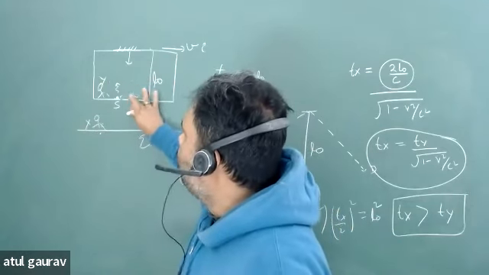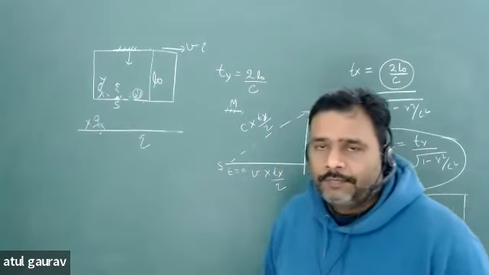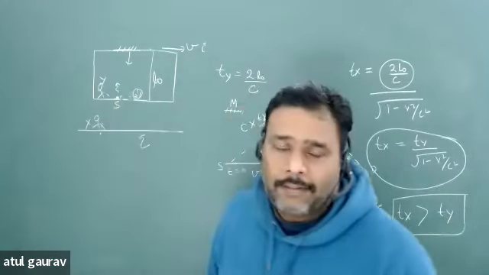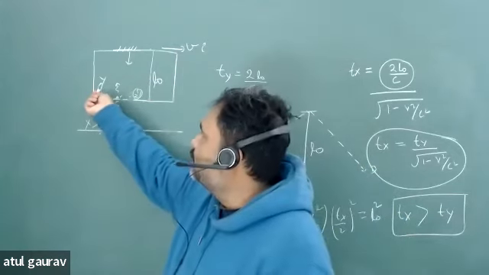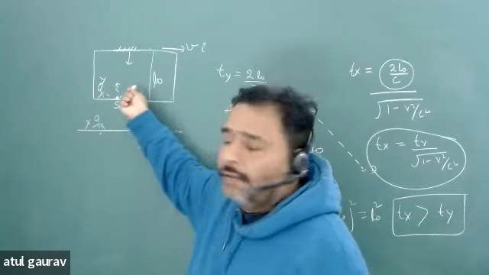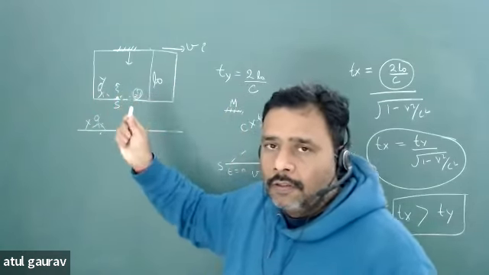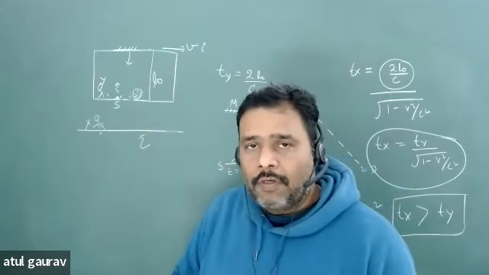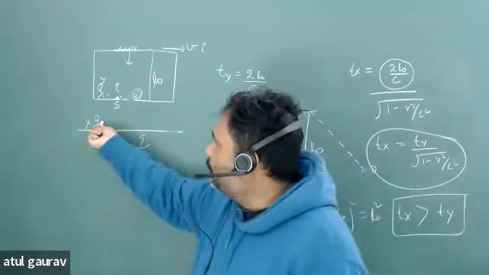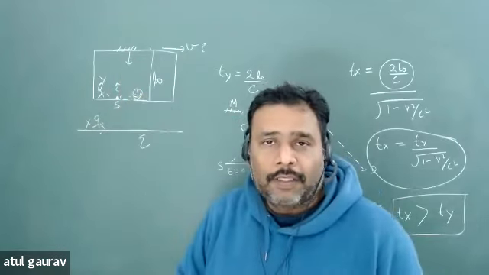आर यू गेटिंग माय पॉइंट? यहां पर जो क्लॉक है इसी क्लॉक में देख रहा है, isn't it? और ये पर्सन भी इसी क्लॉक में देख रहा है. Now this person will see the event in this clock, then this clock is rest or moving? Rest. So he will see the proper time or dilated time? Proper time.